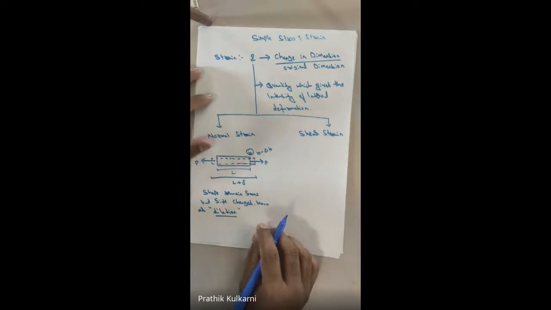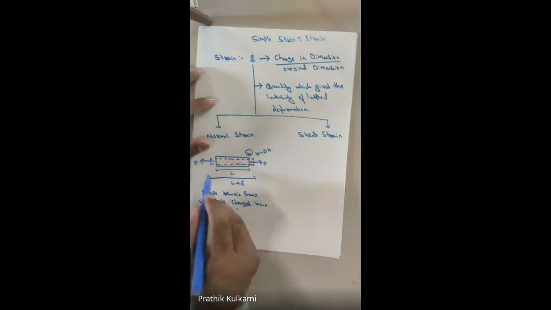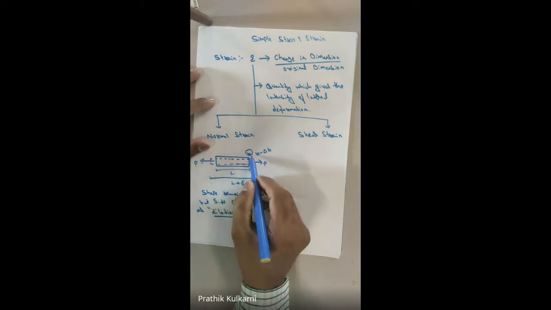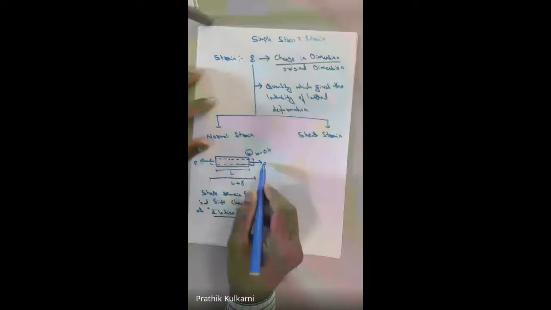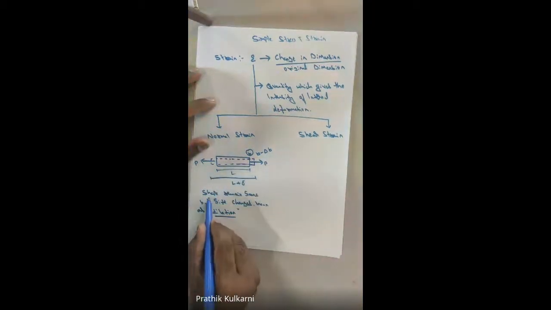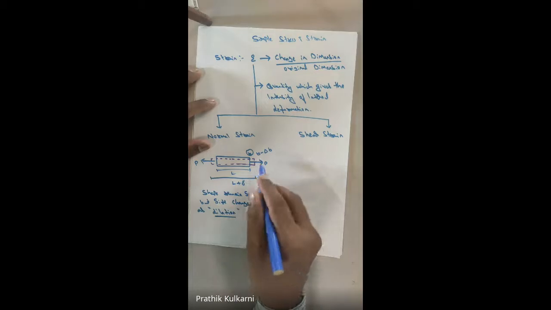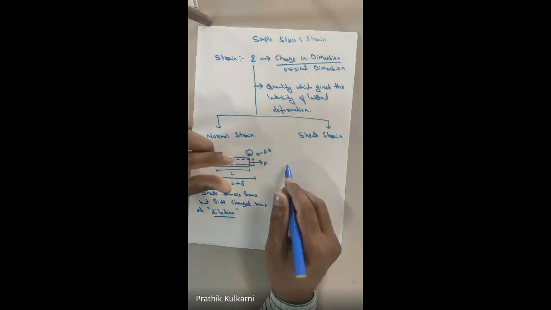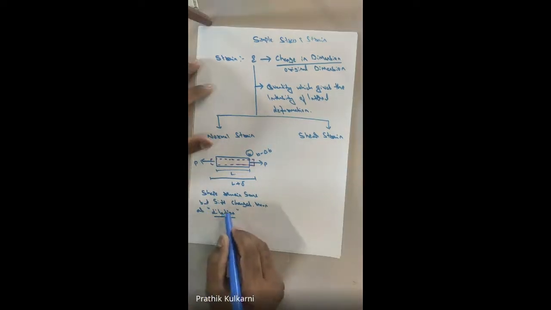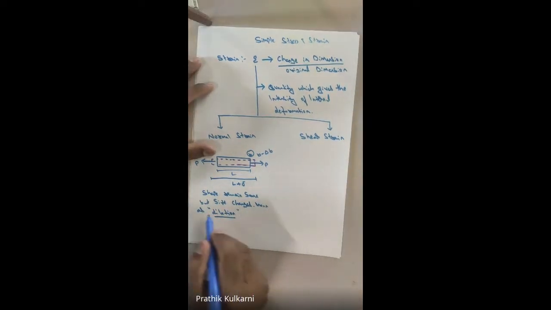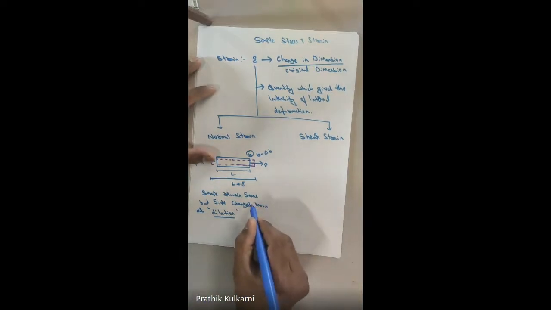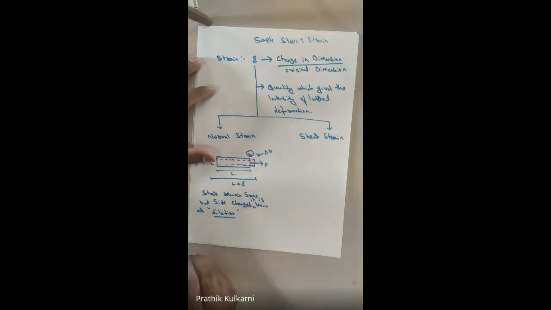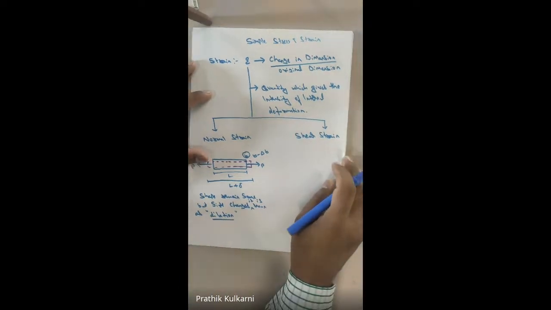What did I say? If your shape remains same, see what the shape was earlier, it was L into B, a rectangular shape, yes or no? Even now, after deformation also it is a rectangle, so the shape remains same, but what is happening to the size? The size has become smaller, yes or no? So the shape is the same but the size changes, so this phenomenon is known as dilation. Now similarly we'll go with our shear.